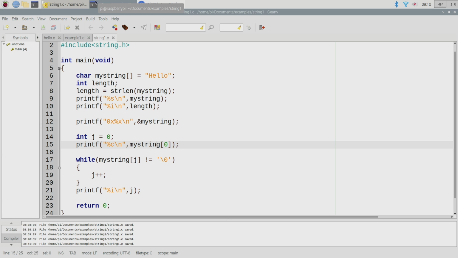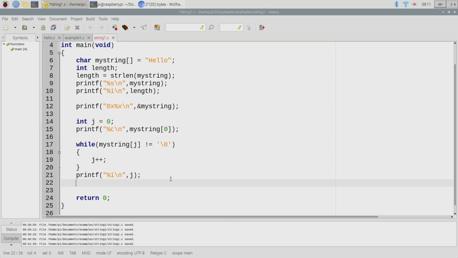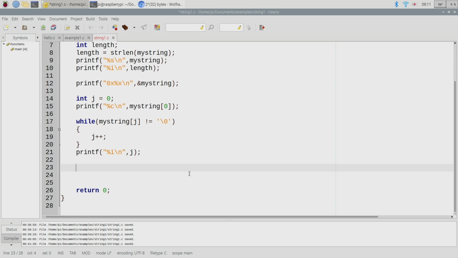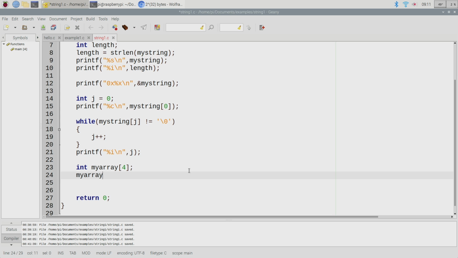Okay, so when I'm counting through, let's define here an array of numbers. So let me come down here, and let's make an array. Let's say int my array, and let's just put 4 things in it, okay? And let's define it to be, how about,